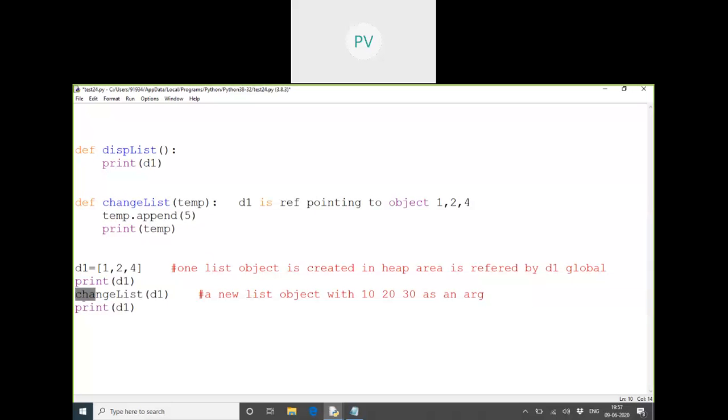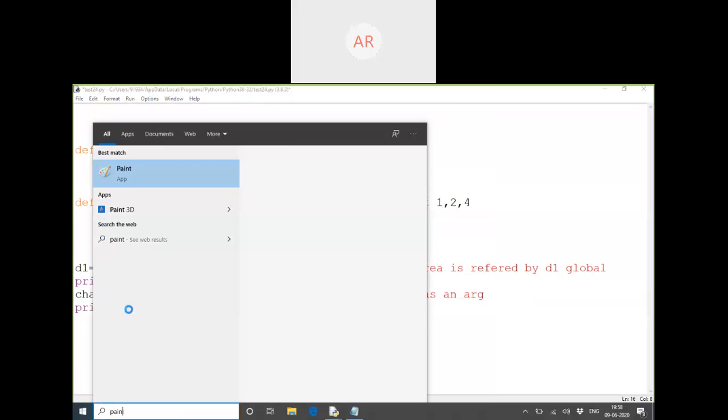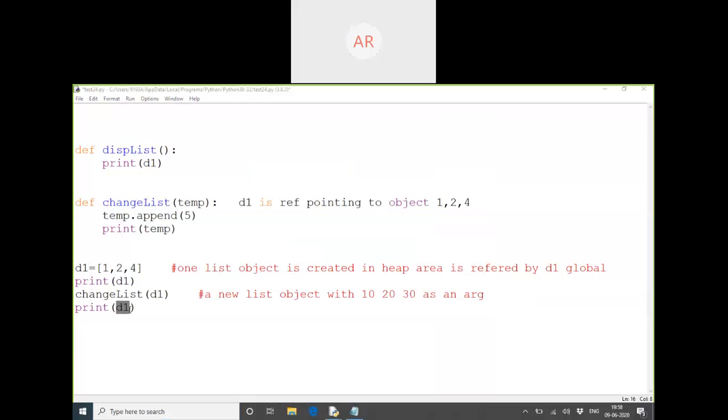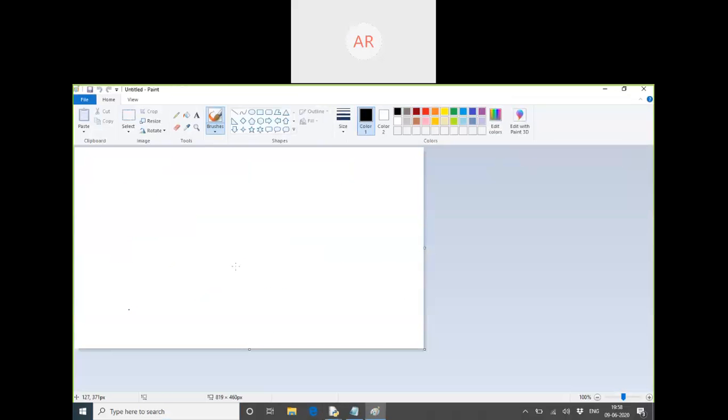So after changing the list, if I print D1, what will be the output? Think again. There is only one list here, 1, 2, 4, 5. We have taken a global variable here, D1, pointing to this one.